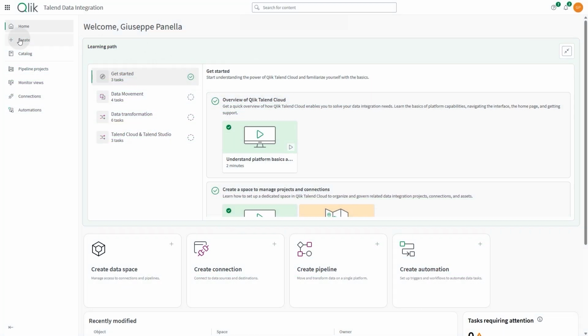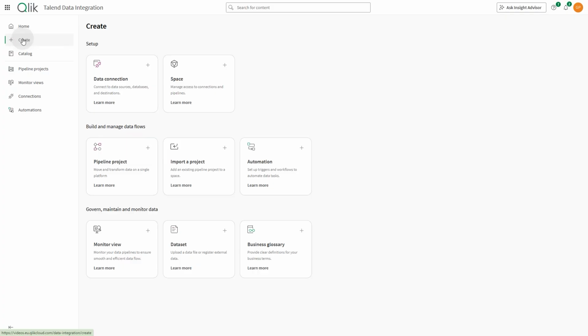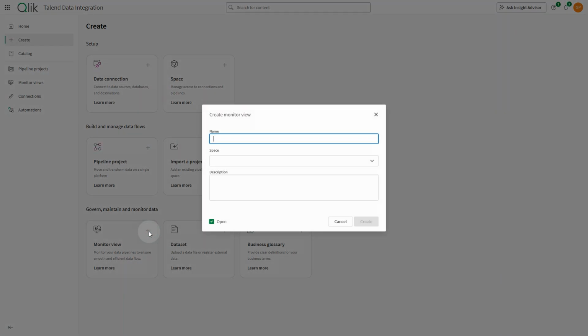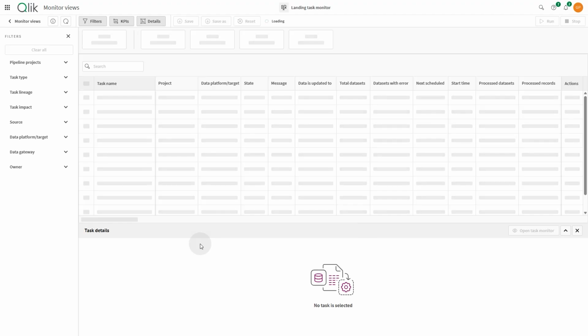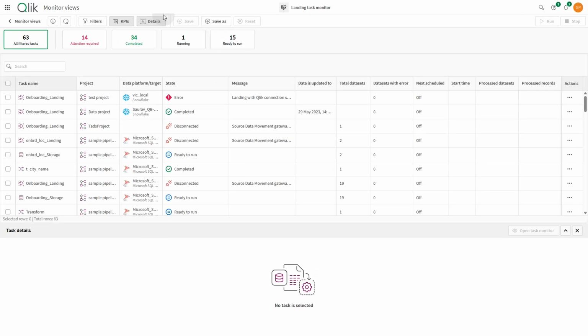In this video, you'll learn how to create monitor views in Qlik Talend Data Integration. On the Create page, select Monitor View. Give the monitor view a name and description, then choose the space where it should be created. When done, click Create. When the monitor view opens, it initially displays all data tasks from all projects you have